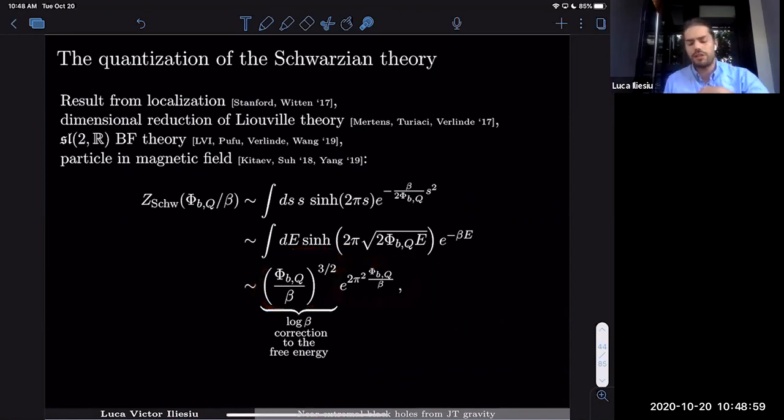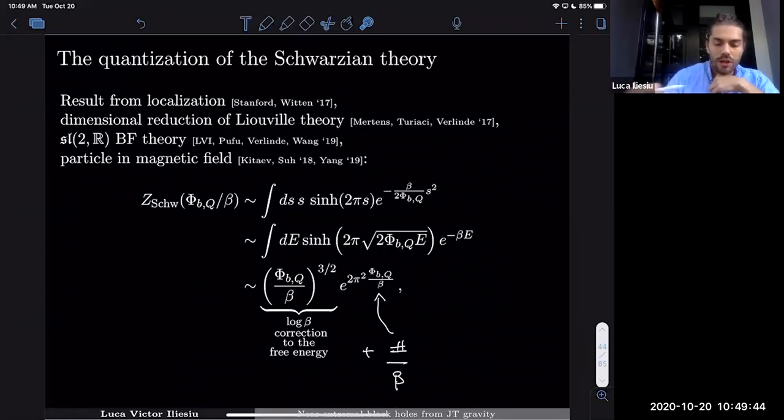And I just want to remind you that at the beginning of the talk, I wrote what the typical action is when people look at Reissner-Nordström black holes, how it depends on beta. I wrote down that there's a term that looks like 1 over beta, and this is precisely the term that I find in this exponential. But very importantly, it's corrected by this one-loop factor, which has a large effect when the ratio between phi b and beta is order 1. That's the regime in which the temperature is proportional to the gap scale.